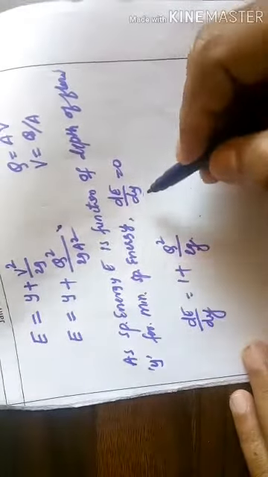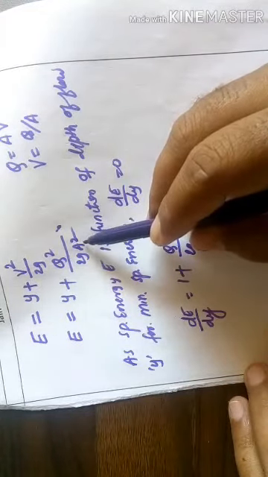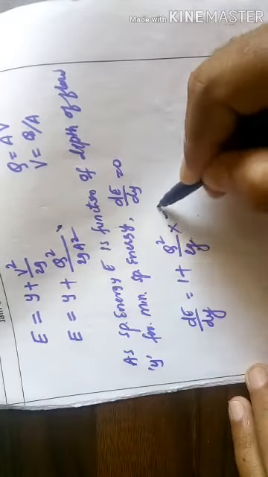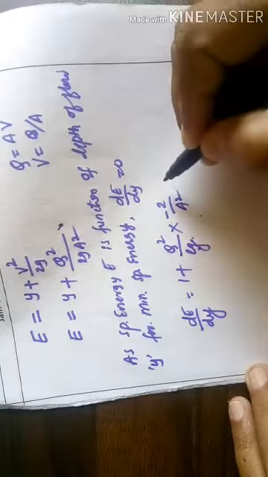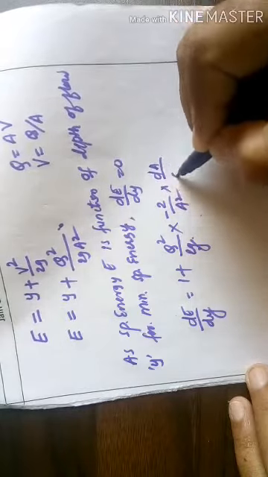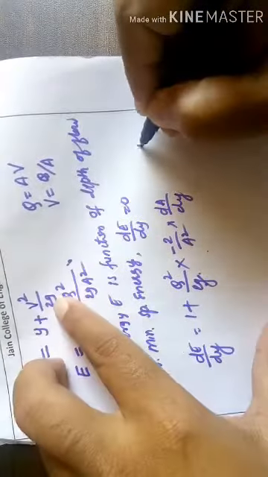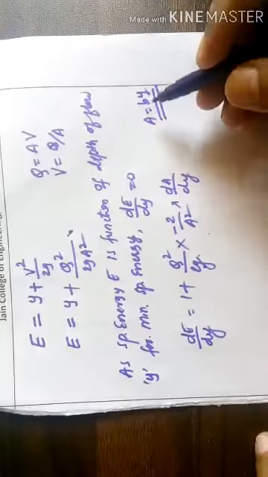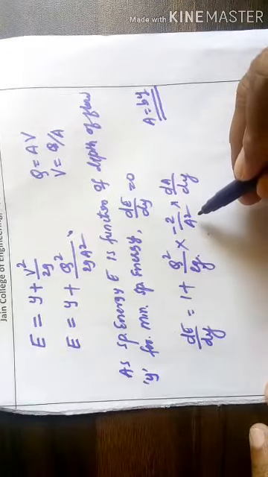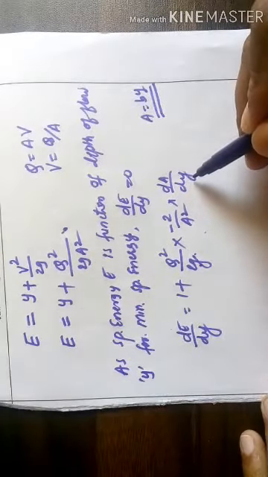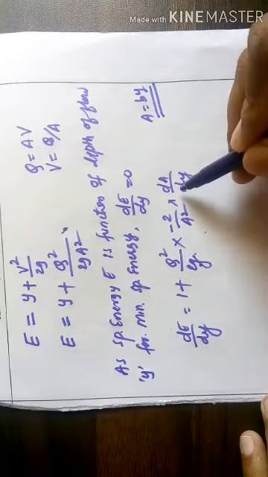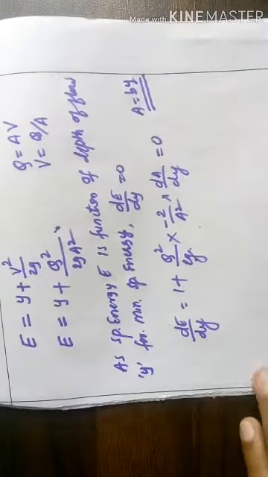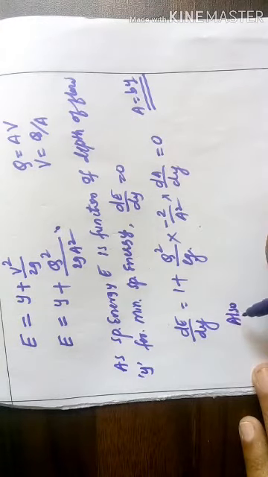Then again this area is a function of depth, then can be differentiated, minus 2 by A square into dA by dy, because area equal to b into y. So it's a function of depth only. So area has to be differentiated with respect to y only, minus 2 by A square into dA by dy is equal to 0. So also we know that